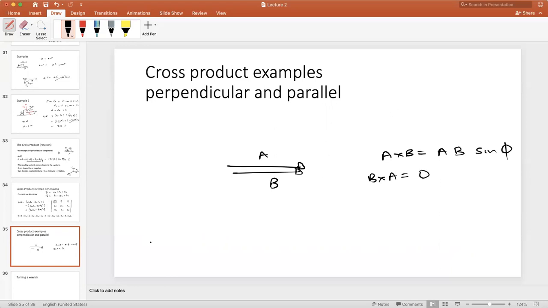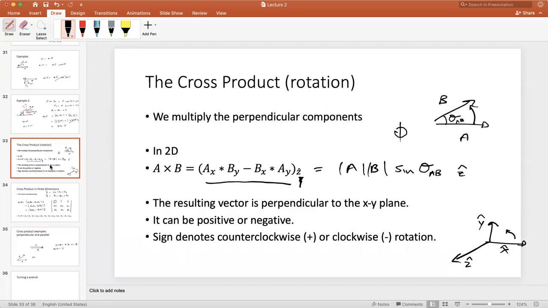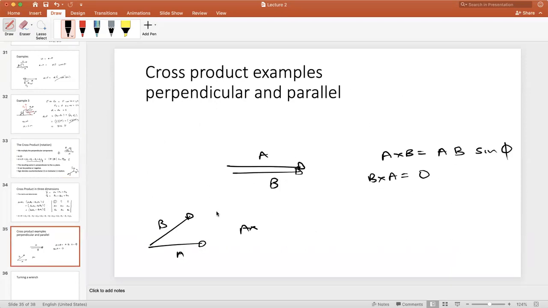However, with A and B here, notice that there is AX, there is no AY. So if we go back and look, this is positive. So A cross B here is AX BY. There is no AY. AY is 0. So we're turning A to B, and we're getting in the Z hat direction A times BY,